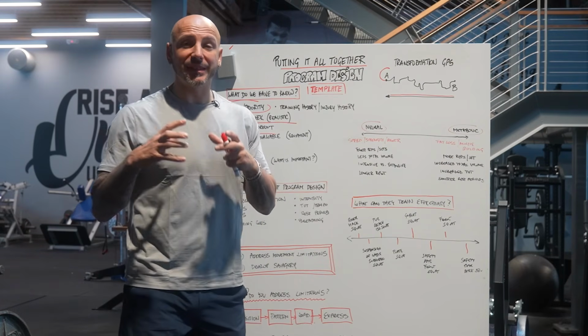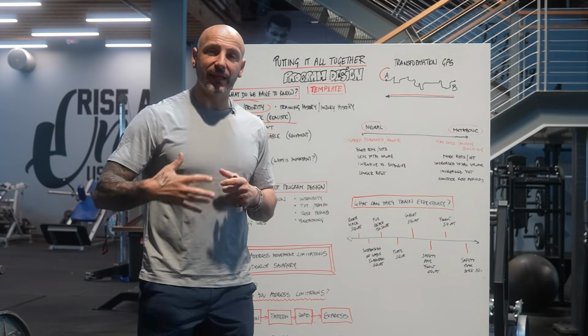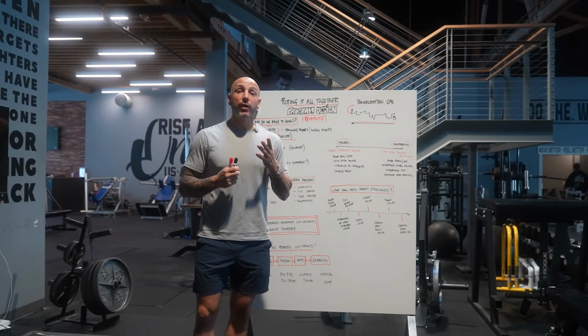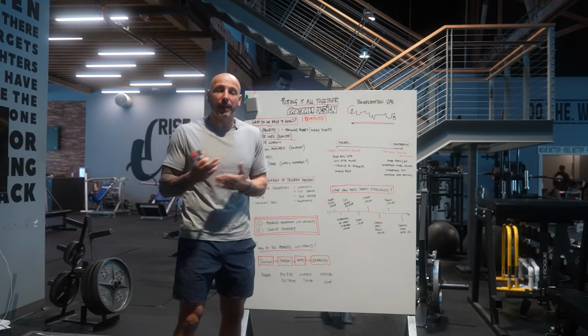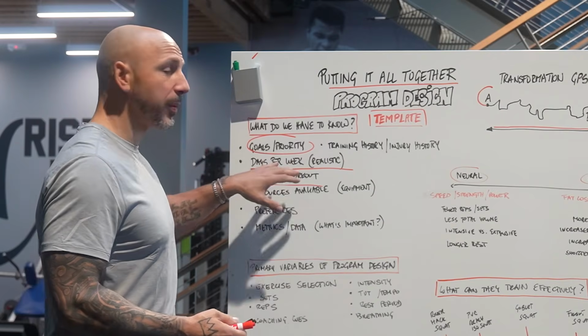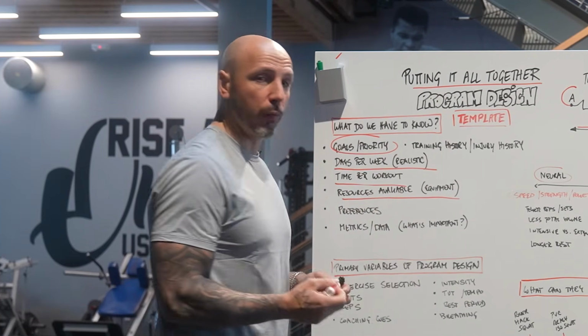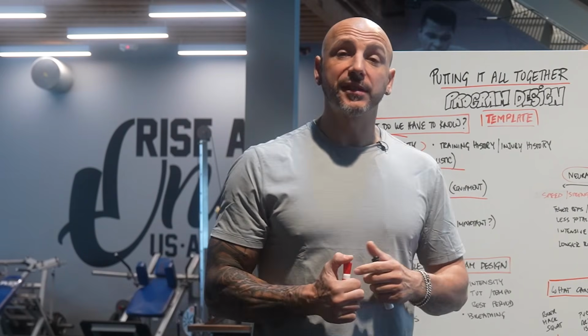If the person is not compliant, so if you are training and you're not consistently sticking to the outlined program, that program is not a good fit because maybe you should have less days of training. Maybe the training session should be shorter, right? So time per workout is very, very important. Resources available. Do they have a full-blown gym? Do they have stuff at home?